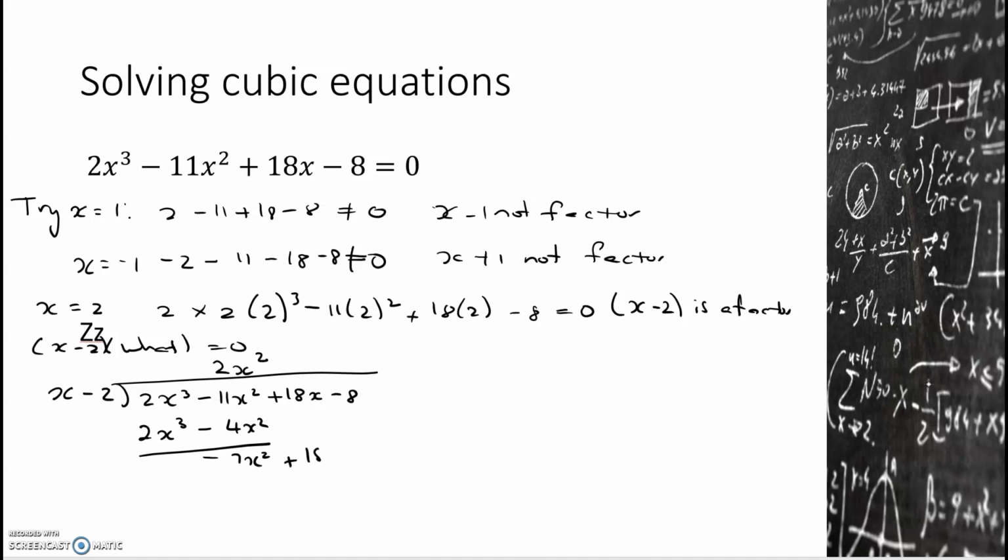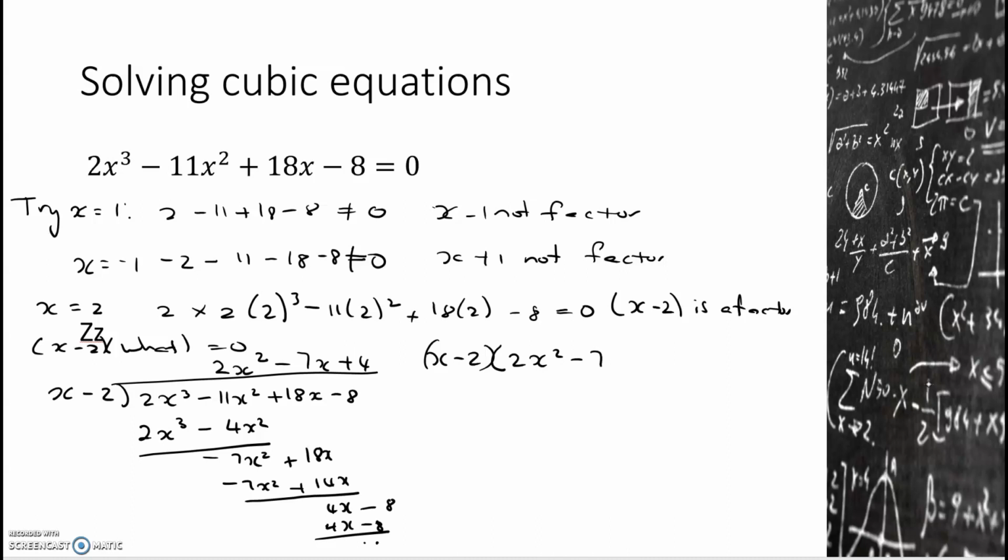Bring down. Do it again. x into that goes minus 7x. So then we get minus 7x squared plus 14x. Subtract. Bring down. x's into that goes 4, 4x's minus 8, done. So we have x minus 2,